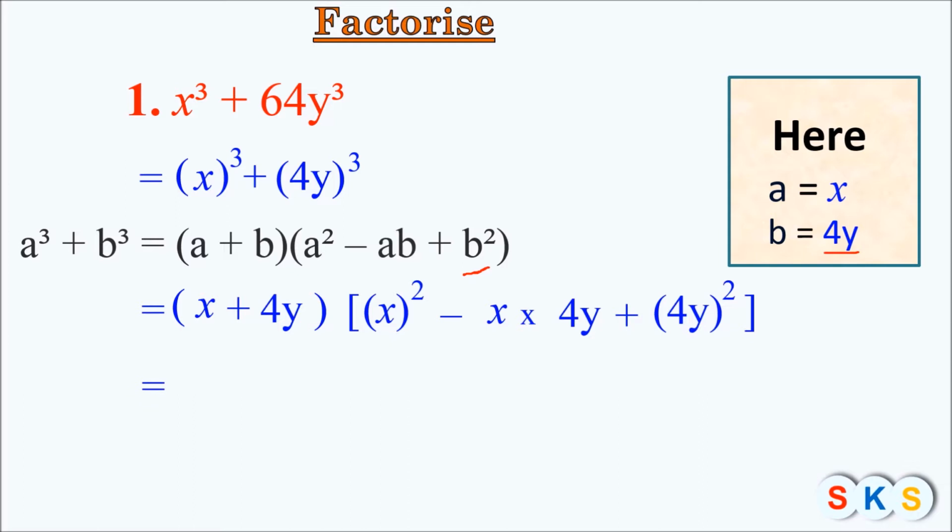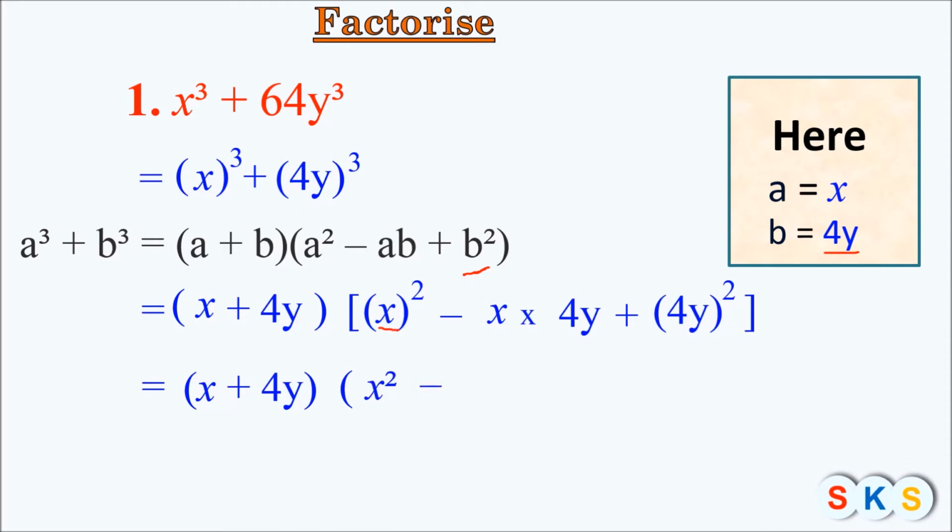You can see the first bracket is x plus 4y. And you cannot simplify x plus 4y, so we will copy the first bracket as it is, x plus 4y. In the second bracket here we have x square. What do you mean by x square? x square means x into x, and x into x gives us x square, minus